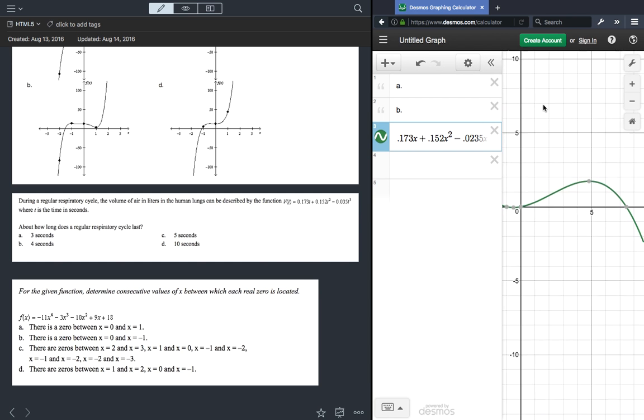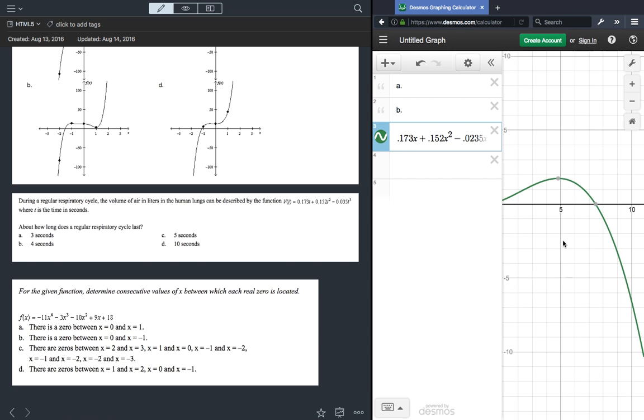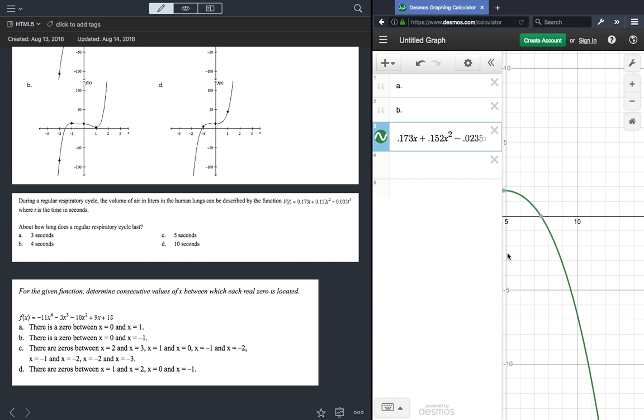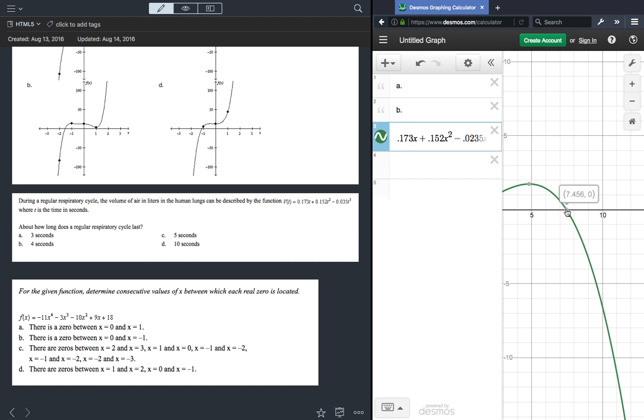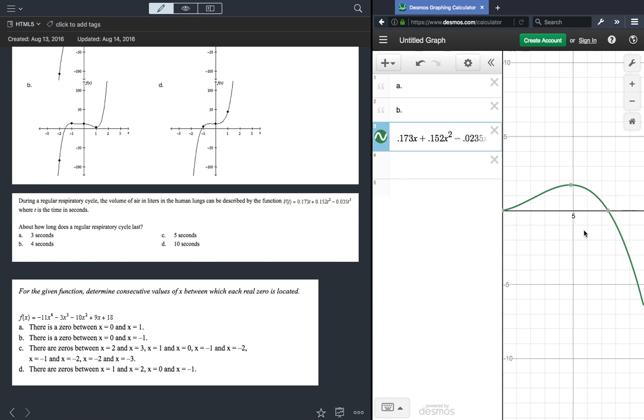Okay, so they're telling me that this is the human respiratory cycle, and it's basically like you take in air at this point here, and then you release it here, I'm guessing. During a regular respiratory cycle, the volume of air in liters in the human lungs can be described by that, where T is the time in seconds. So how long does it last? It looks to me like it lasts 7.5 seconds, so